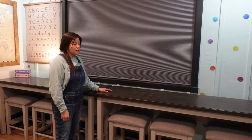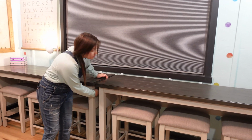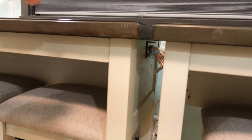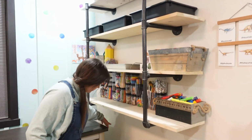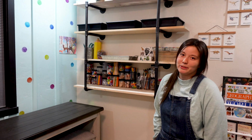We got these from Costco and one of the cool things about them is they have outlets and USB hookups on the side. So you just plug the cord that's attached to the desk in and then you have power. And it's pretty cool because the kids are getting older. The others are over here. The kids are getting older and they need laptops more often than they did when they were younger. So Costco, they're not there anymore. We got these